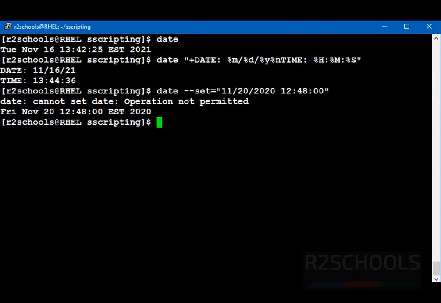Okay. The next example is to display a date string in the format of a date. Date -d, then 2022 10 10 07 07 07, then close the quotation.